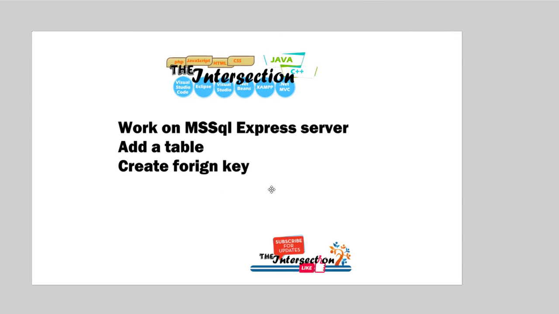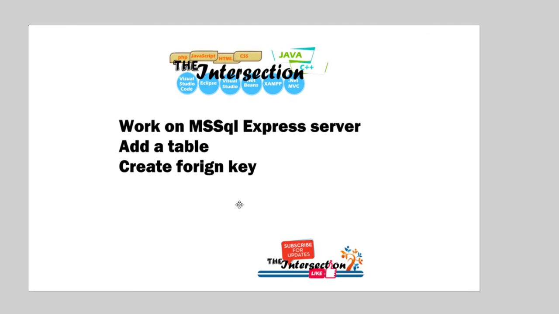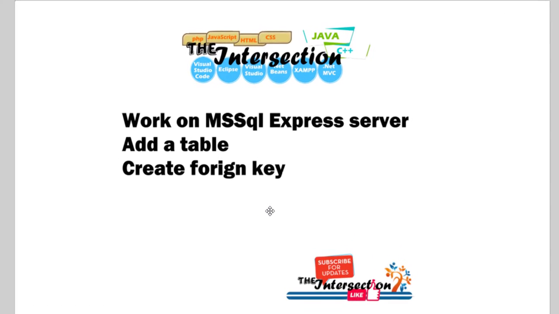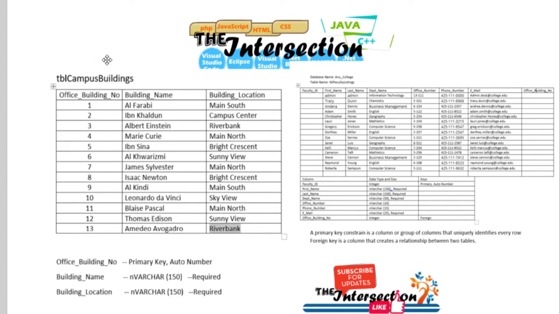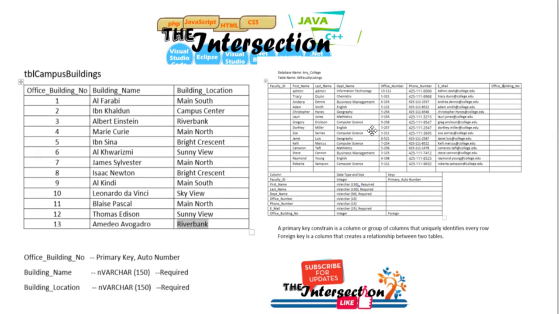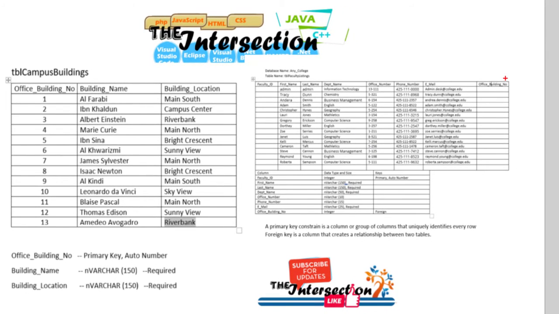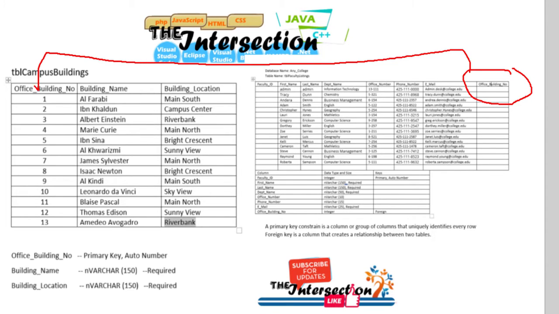I will show you how to create a foreign key and we will add the SQL statement constraints on the foreign key. So we will add a table called table campus buildings to our database that already has the table faculty listings in it. Then we will have the foreign key, which is the primary key on this table, office building number. The foreign key by definition is a primary key on another table. So it's the primary key here, but it's a foreign key